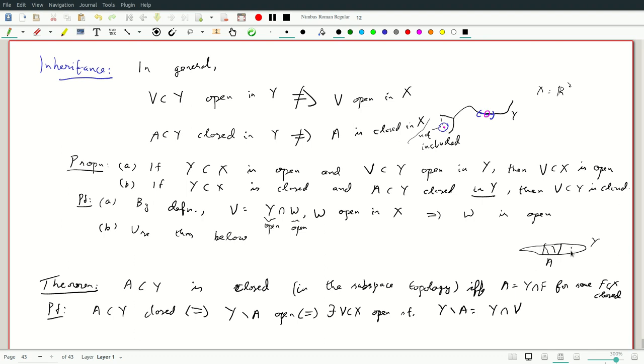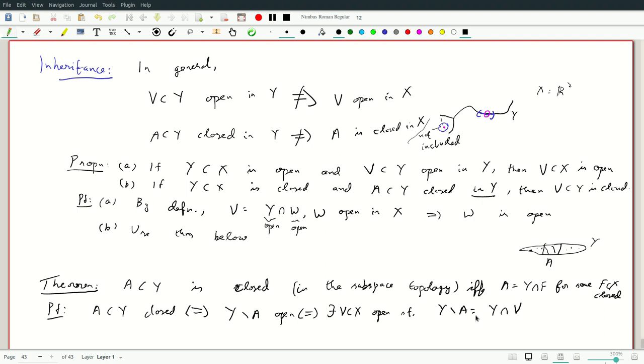And Y minus A consists of points here and here: those that are not in A, and those that are in. So here's Y, and Y minus A is Y intersection V. So those points that are not in A, that are in Y, they are all in V, and so you can see that this is just equivalent to saying that A is equal to, or let me be specific,